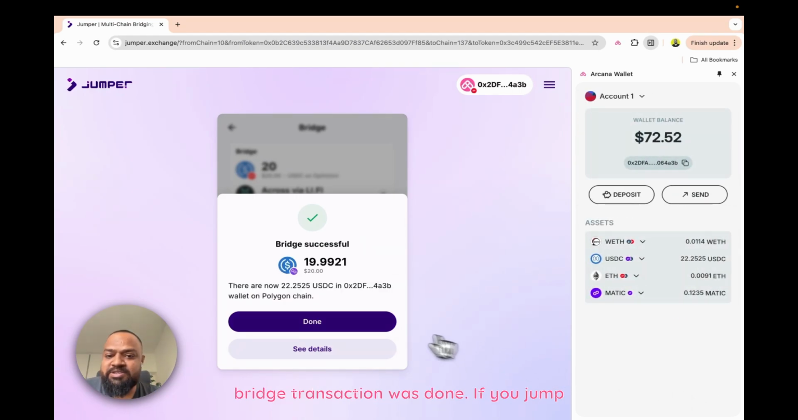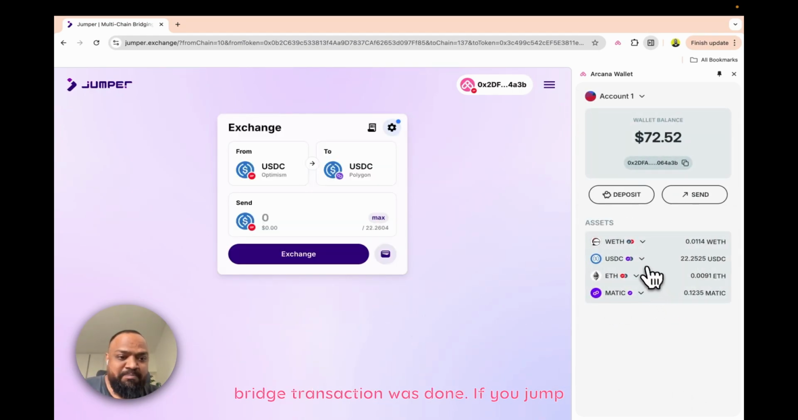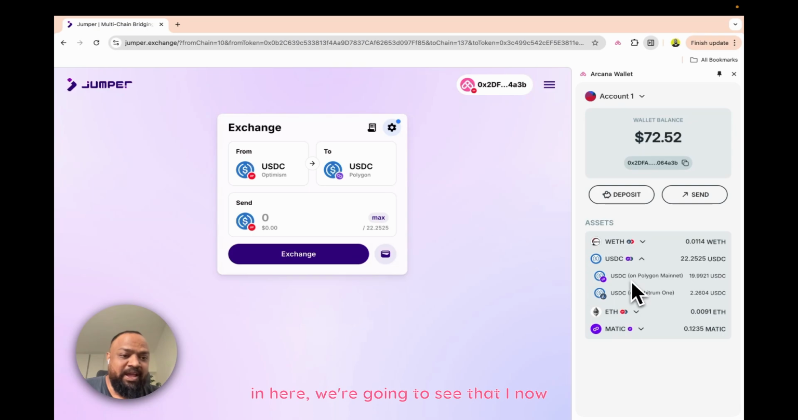And as you can see here, my bridge transaction was done. If we jump in here, we're going to see that I now have this 19.99 USDC promised to me on Polygon. It ended up using all of my USDC on OP and some of my USDC on Arbitrum to enable the bridge transaction. Now, this is pretty cool, right? Just a click of one button and 10 seconds, you're all done. This is the sort of